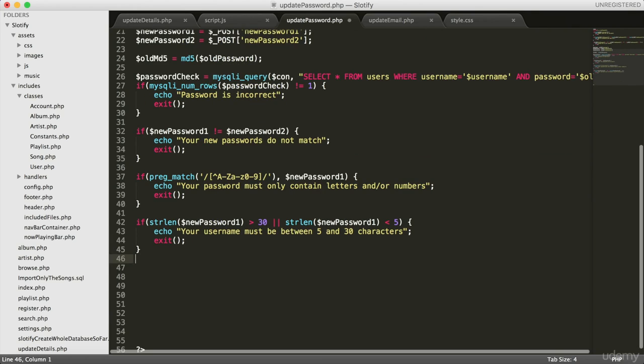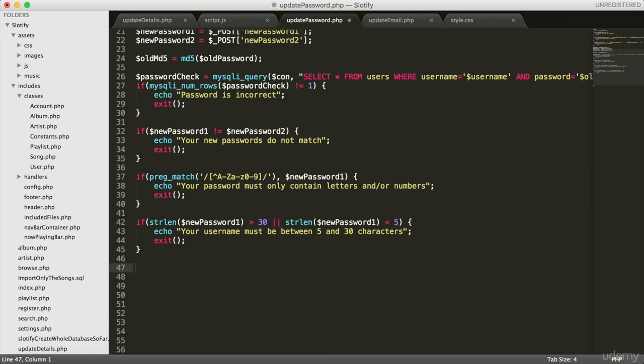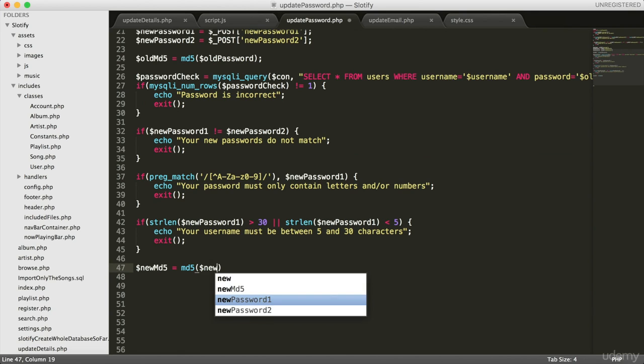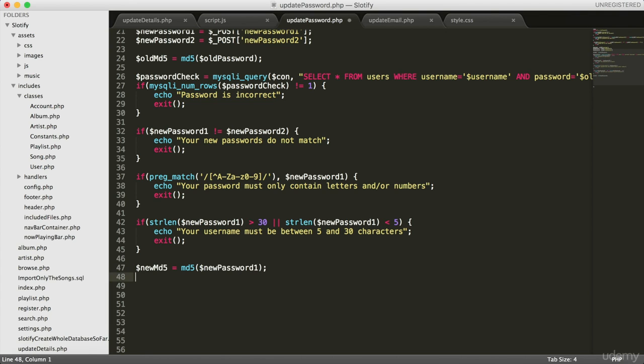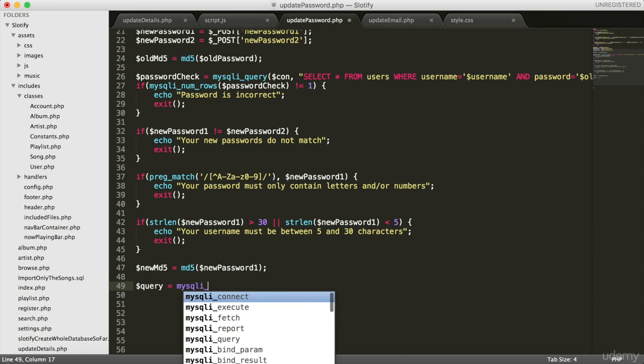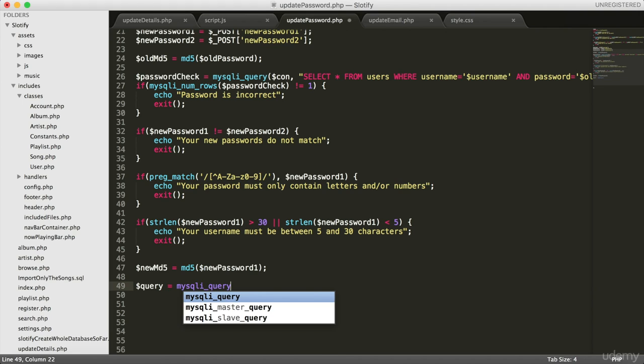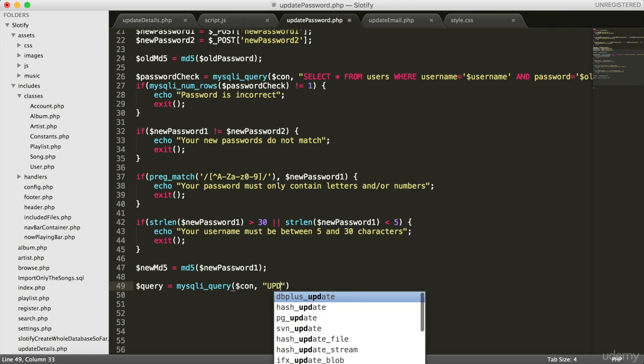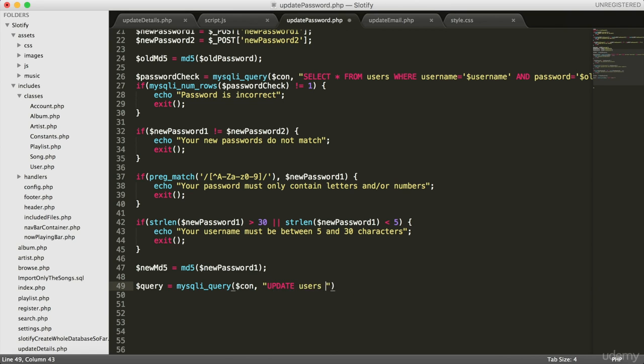And if we get to this point, we know it was all fine, and we can just MD5 the new password. So new MD5 equals MD5 new password 1. Nearly there. Now finally, just update the value in the table. So query equals mysqli_query. This will be con, and then update users set